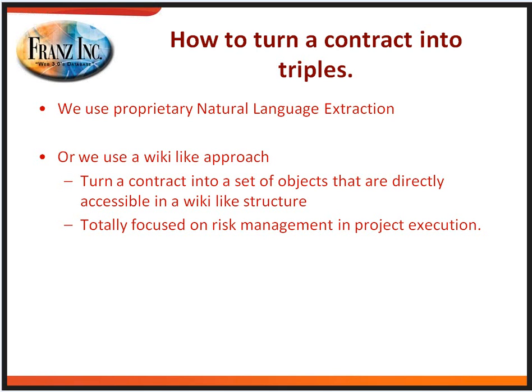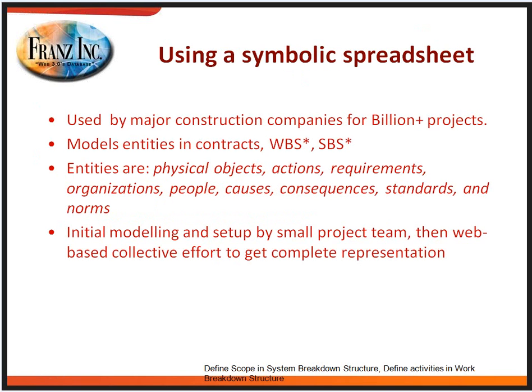And so now the question is, how do you turn these contracts into triples? Well, there's two ways we can do it. We can use some kind of natural language extraction that we've developed, or we can use a wiki-like approach, where we turn a contract into a set of objects that are directly accessible in a wiki-like structure. And so we use for that kind of a symbolic spreadsheet in the form of a wiki. It's used in many places,